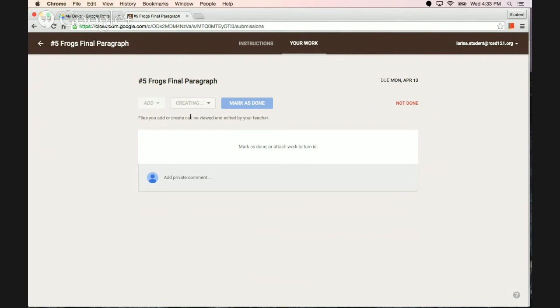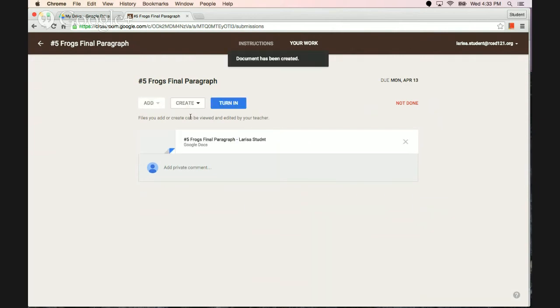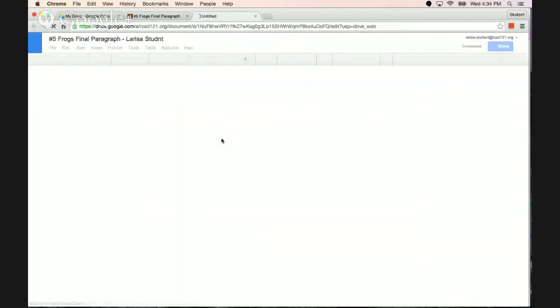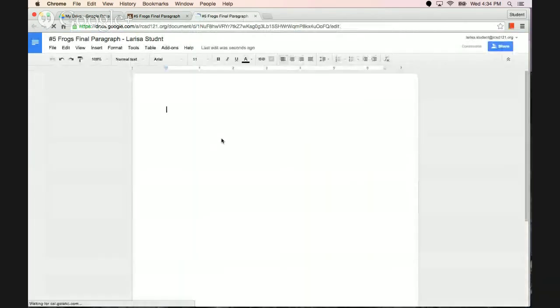We are all web-based, so it takes a minute, and you can see that a document has been created. What's really nice is it named it for the name of the assignment dash the student name. It created a Google Doc. Now, as a student, I can click on this, open the Google Doc, and type my heading.